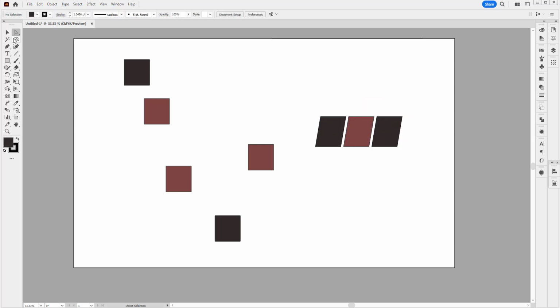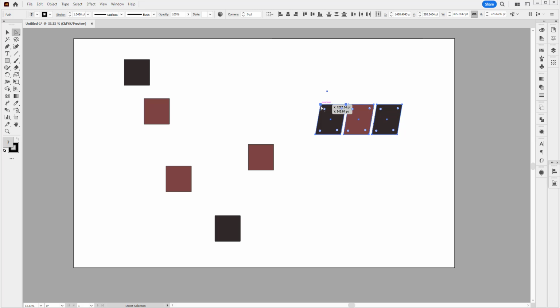Okay, but if you draw a lasso here all over and you use a direct select point, it will not move diagonally because you've selected all.